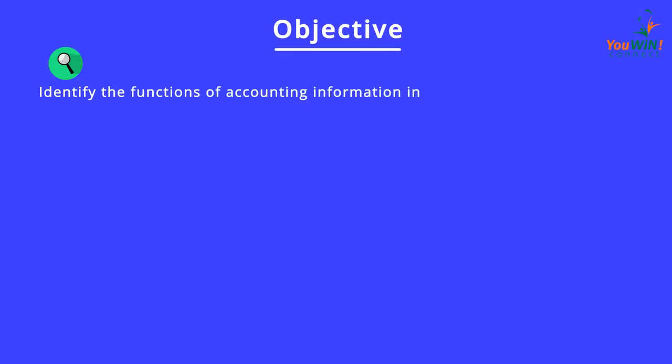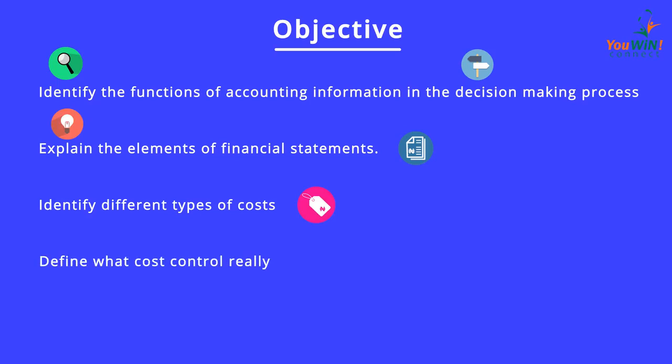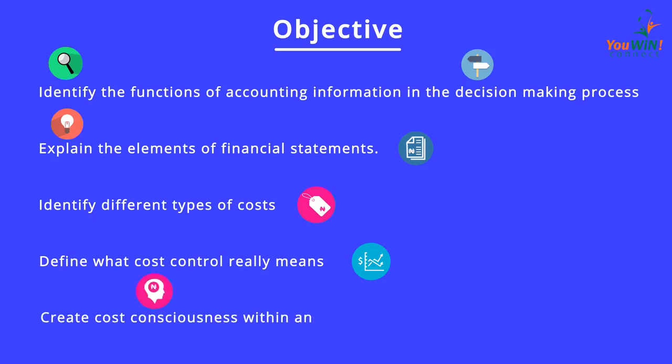The objectives of this module are to help you, first of all, identify the functions of accounting information in the decision-making process. Next is to help you explain the elements of financial statements, followed by identifying different types of cost in a business. Also help you identify and define what cost control really means, and lastly, help you create cost consciousness in an